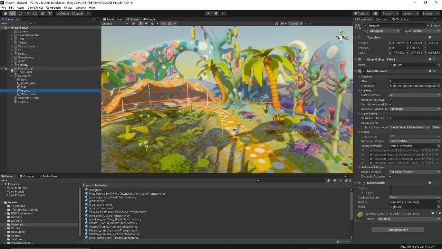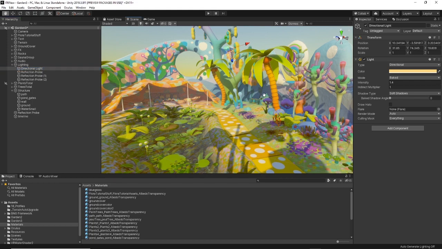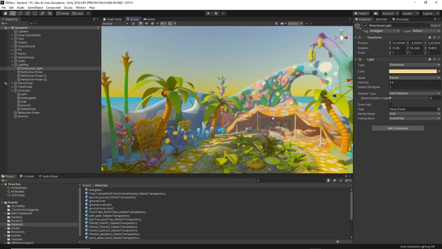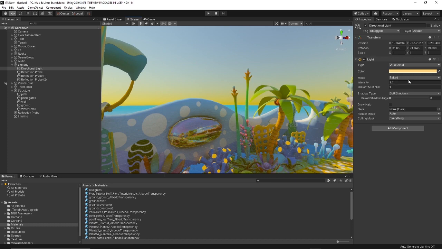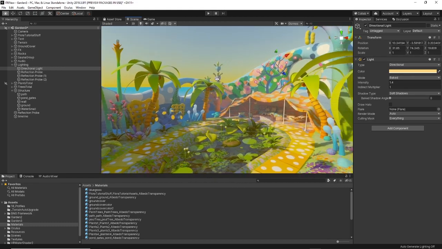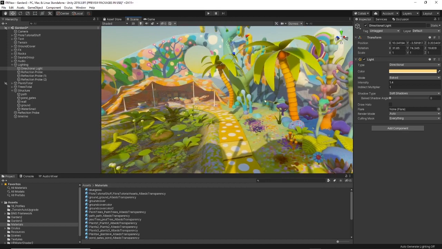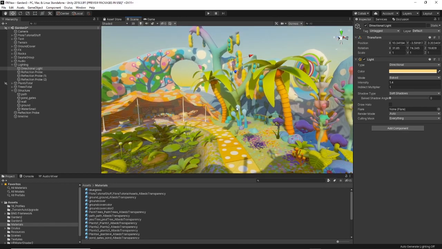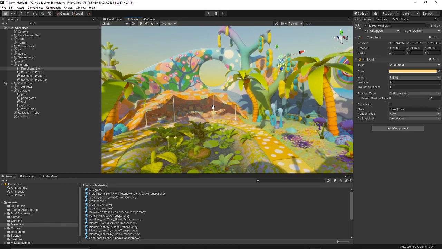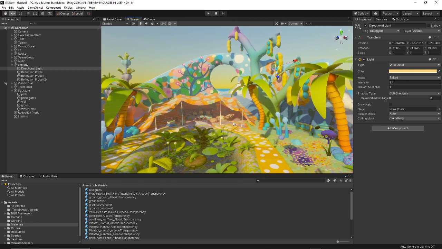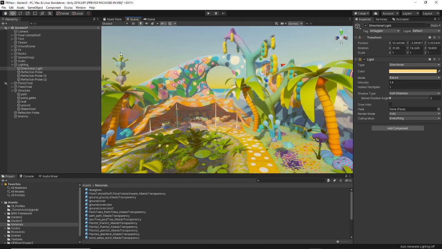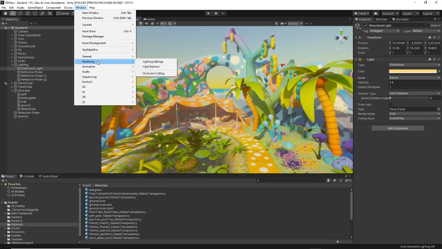So for this, I've just used a directional light. The intensity is a little bit higher. I have it set to 1.4, soft shadows, and of course baked, because we want to bake all the lighting in. So that's the main light that's lighting this scene. The other light is actually coming from the Skylight,